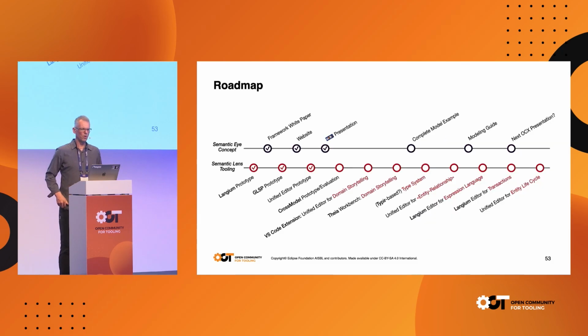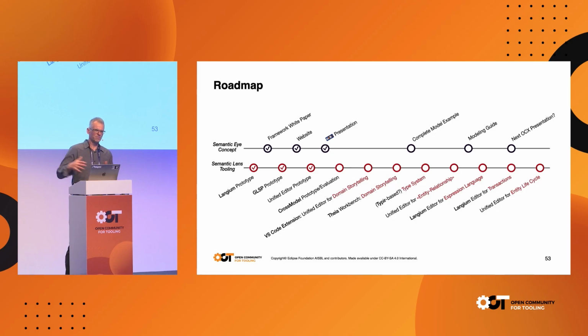So going back to my presentation. I have, of course, a roadmap, and it has two streams. One is the concept that I've developed over the last 3 years, and with my presentation, you can see it right there. That's the culmination of that for the moment. And then I have a tooling stream. I will call that tool the semantic lens. I cannot explain why, but so far I've done a Langium prototype and a GLSP prototype, and I've also done a prototype on marrying them, but I decided not to show that today.